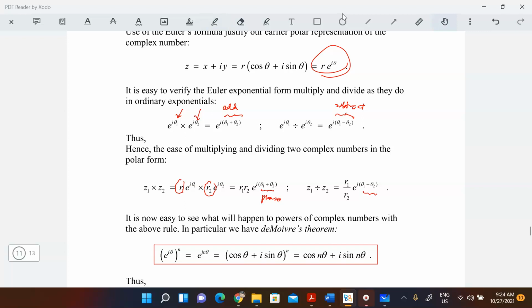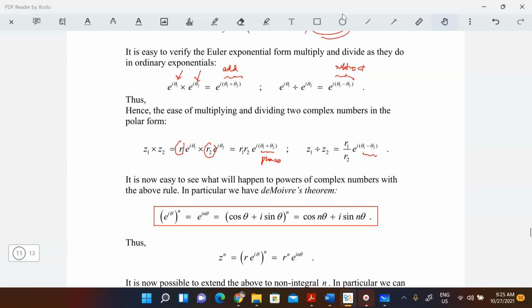So you can see the simplification with respect to multiplication and division when you do polar form. In particular, you probably have seen this theorem before. It's called the Marvelous Theorem, where what you do is to make this connection of what you call powers of